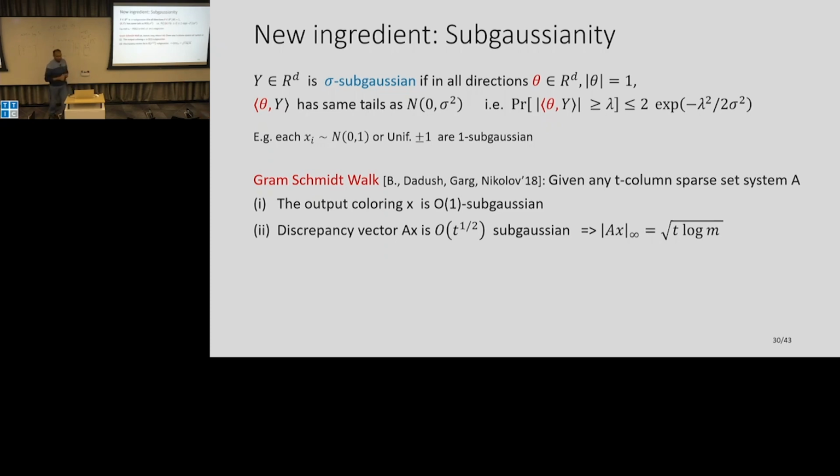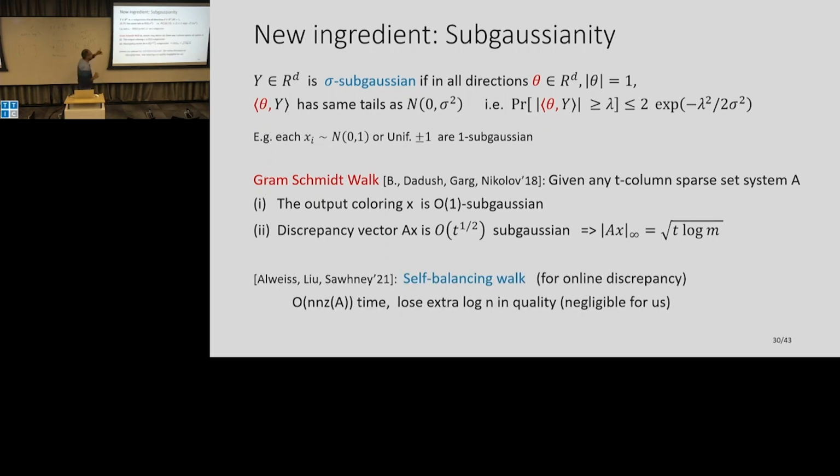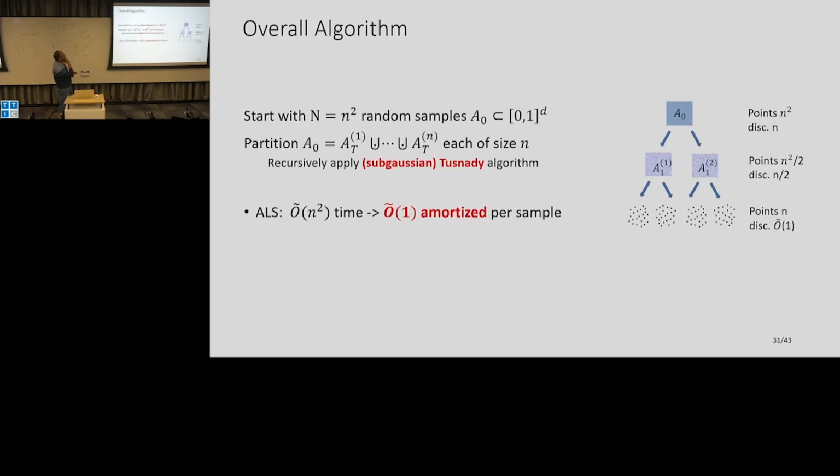Right. Okay. So again, we'll use this as a black box. It's a more non-trivial result. And actually, there was an amazing result which got the best student paper award a couple of years ago, where they took this and designed another algorithm called the self-balancing walk, which is super fast. The running time is just the number of non-zeros in A, like n cubed or whatever time. And so we'll actually be using this algorithm. But now let's see what all this gives us. So we'll take this as a black box.